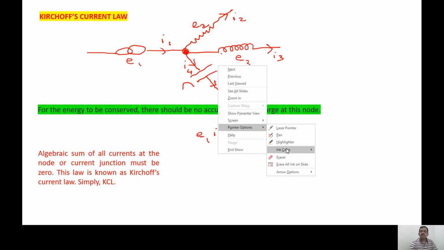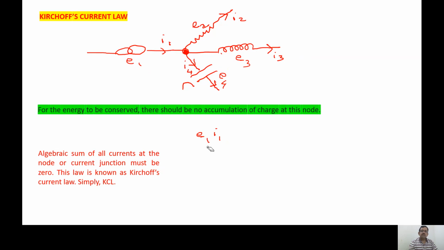I can simply write it as, because they share the same potential with respect to the same reference point. So I can simply write it corresponding to the node, because at the node the energy is conserved. So corresponding to the node, I will write EI1 plus EI2. Because the current is flowing into the junction, these are all flowing out, so I will put the negative sign just like I did on the other side.